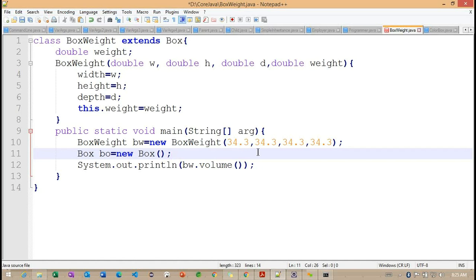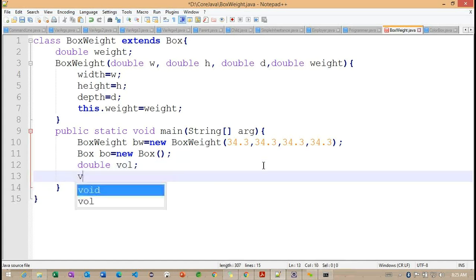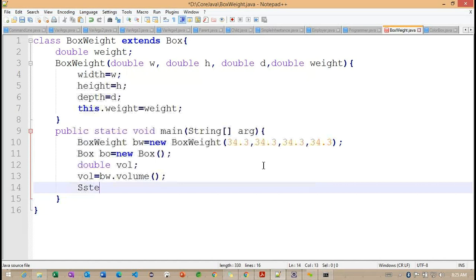And finally, now what I'm doing here, I'm trying to define one variable called vol, using bw dot value method I'm calling, right?